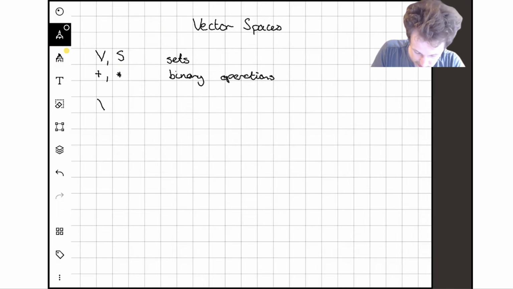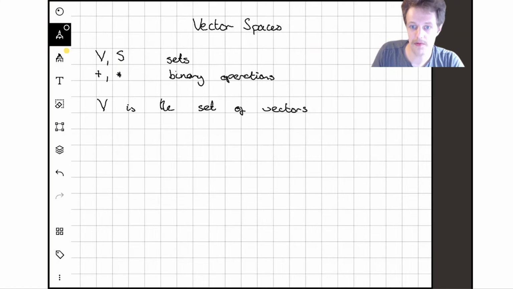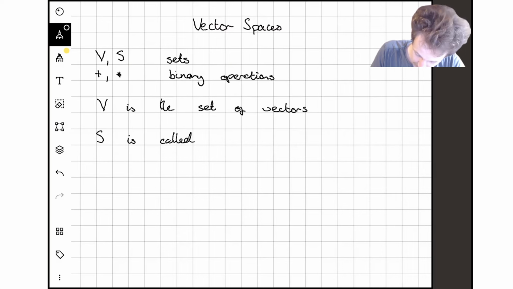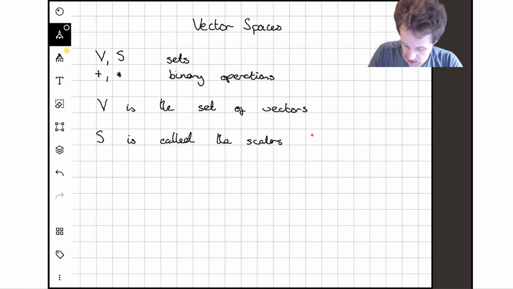Now V is the set of vectors, and it can be pretty much any set you want. The second set, S, is called the scalars. And for us, we're going to take it to be